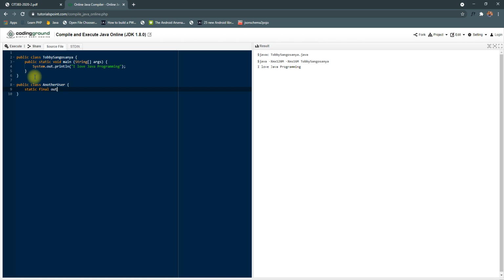Okay, let's try and have another class here. Another way that we can probably do this is going to be more lengthy. You can say public class another user. Let me first of all declare a string. Let's say private string. No, it's going to be static because I'm referencing it inside a static method. Let me make it final so that it is not going to be editable. Static final, and I say this is output, output is equal to,